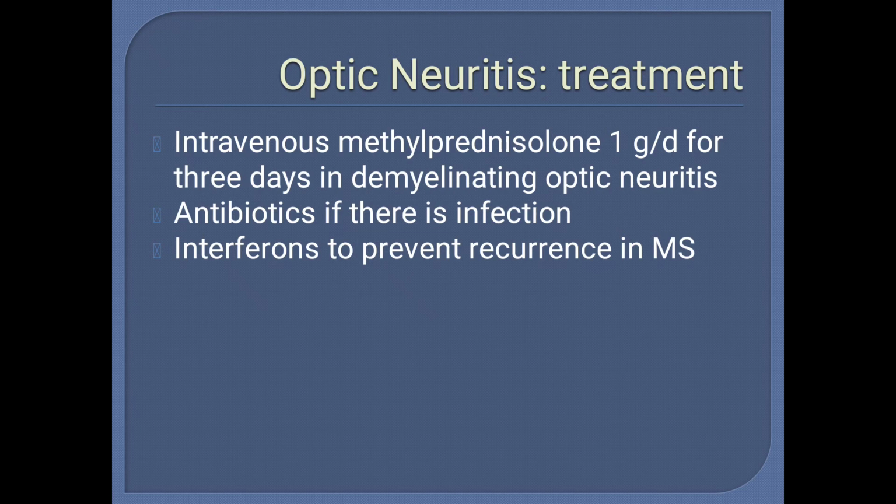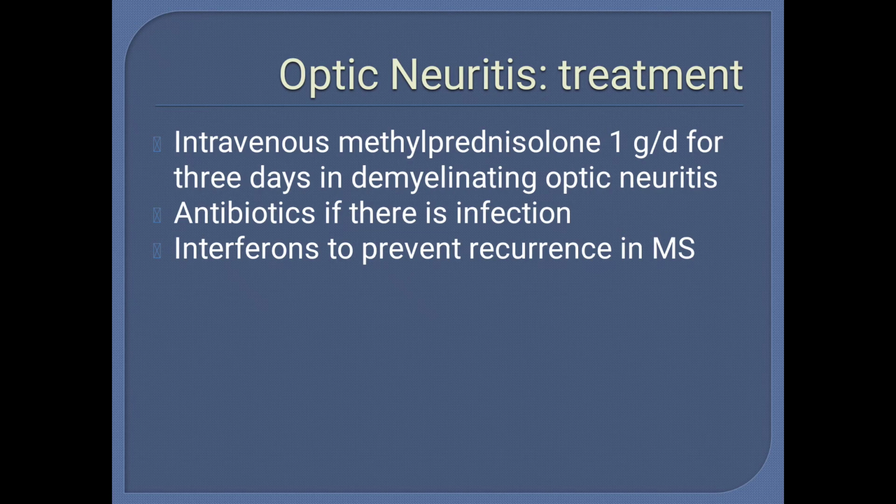See, there is one very landmark trial called the Optic Neuritis Treatment Trial, that is ONTT. This trial concluded that optic neuritis because of demyelinating diseases will recover on its own even if we don't give steroids. So we should not give steroids in retrobulbar neuritis or optic neuritis because of demyelinating disease. However, there are some exceptions. If the patient is uniocular, then in that situation we must give steroids.